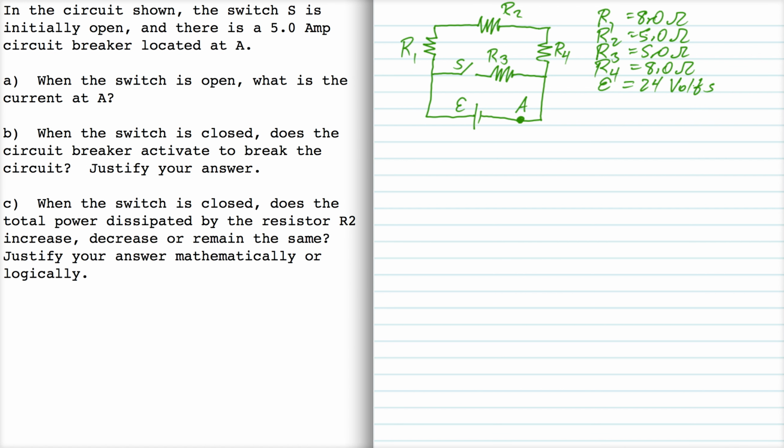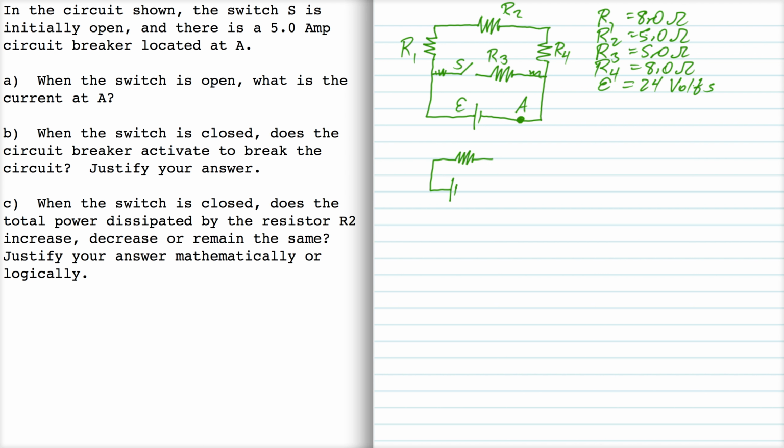Okay, so we have a 5 amp circuit breaker at A. When the switch is open, what is the current at A? Well, when the switch is open, this middle branch here doesn't exist. No current flows through that. So if the switch is open, this is a very simple circuit where you got your EMF and then just